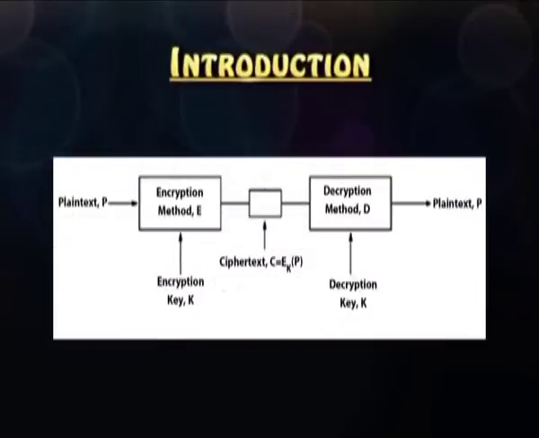DES is a symmetric key algorithm because it uses the same key for encryption and decryption. The figure shown illustrates the use of a symmetric key algorithm. The encryption key is applied to plain text P so that ciphertext C is produced. On the receiver side, the same key K is applied on the ciphertext to decrypt it, and thus plain text P is produced.